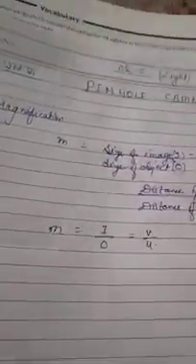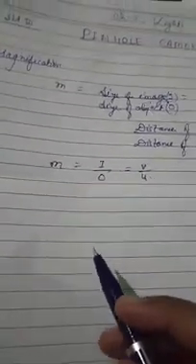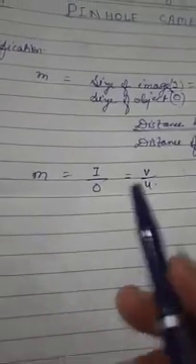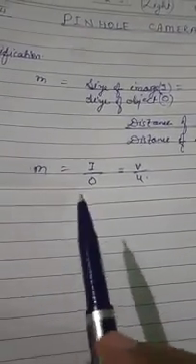Okay. Now what is the advantage of the pinhole camera? There are a lot of advantages. Like we need not use any lens. Without a lens only, we can see the object appear. Now there is no need of focusing. No need to focus. Only the hole should be made at the center.